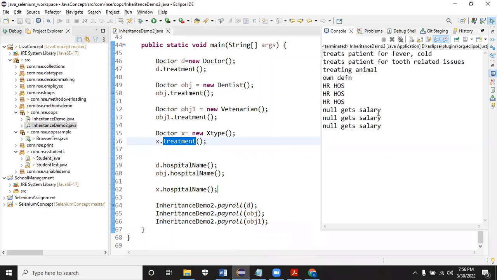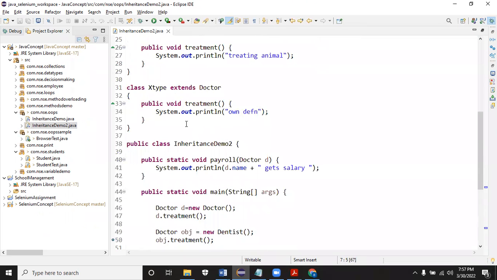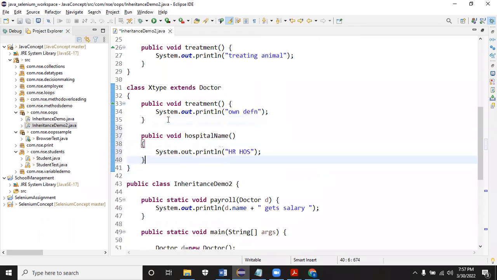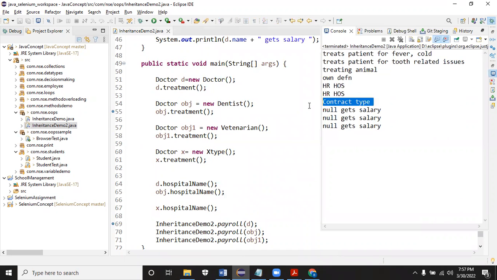Okay, overridden method will be called. Here you see these methods are not overridden, so it will take it from the parent. If it is overridden, that definition will be taken. For example, the X type doctor which I'm creating, I wanted to make sure is not working in this hospital, is a contract type. Okay, something like that. I'm overriding the method you see here. Now you see the definition for only the text will be different. The rest of the people, it will take it from the parent. Okay, that is a concept.